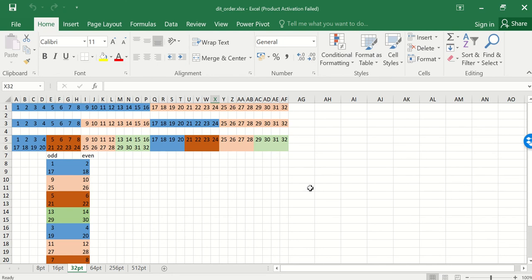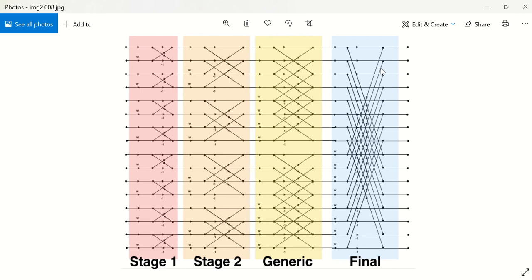So for that, first we need to understand what order the inputs are to be taken, because the fast Fourier transform can be implemented in two ways, that is decimation in time and decimation in frequency. Decimation in time refers to the input, that is the time domain signal, not being in order, rather it is decimated as per the odd and even samples. And decimation in frequency refers to the frequency domain output samples not being in order, that is, the frequency samples are decimated as per even and odd samples.